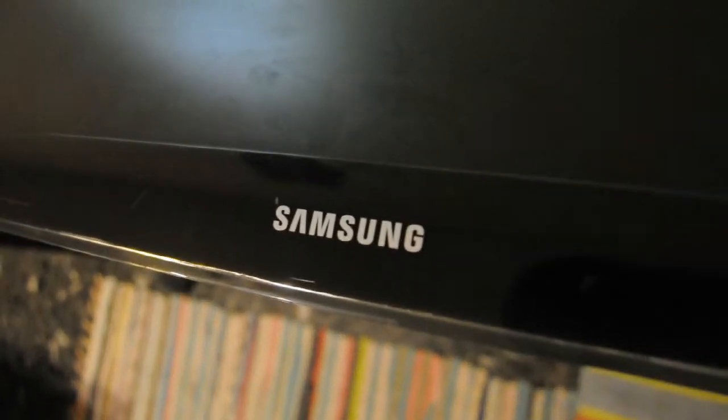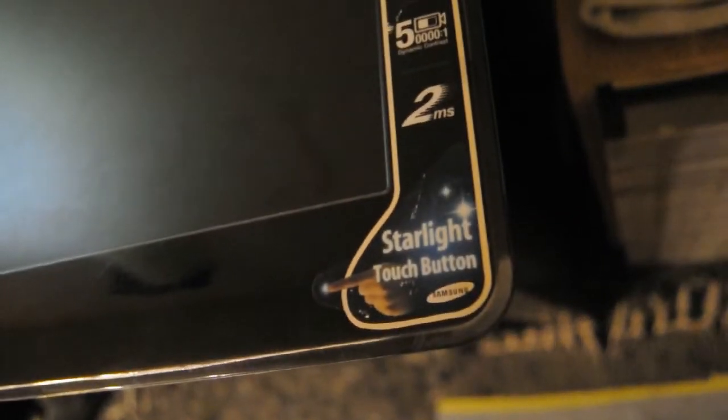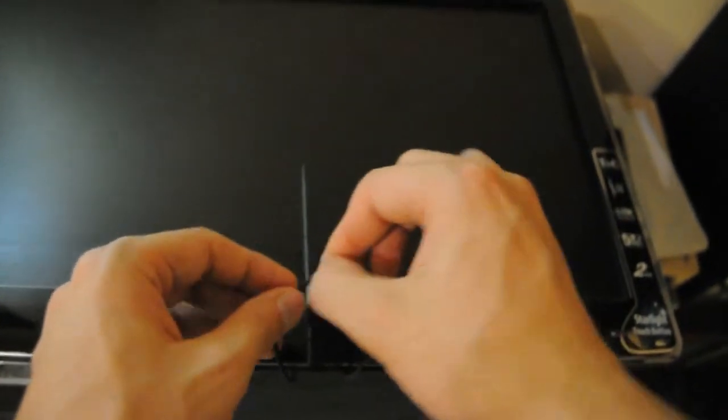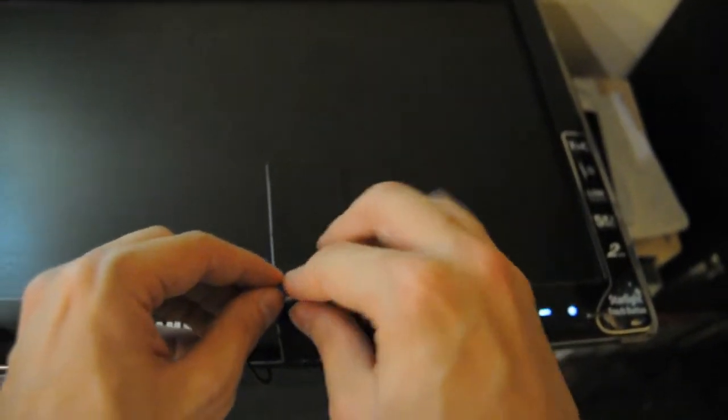So hello, and look what did I find in the dumpster: a 23 inch Full HD Samsung LCD monitor. It's basically in perfect working condition, however it looks like its DC plug was snapped and was previously repaired